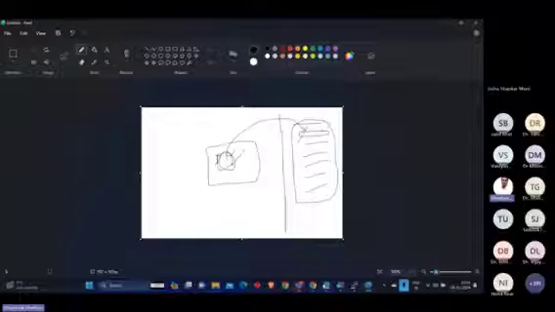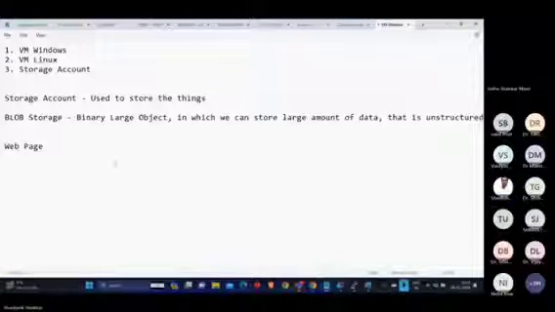right? So whatever information, whatever data we are storing in this storage account, we get a link of that, a URL kind of a thing, right? And that particular URL we put in the HTML page, and whenever we load that website, it identifies the URL from the cloud, and the image gets loaded. So this is the benefit of having this storage account on the cloud,